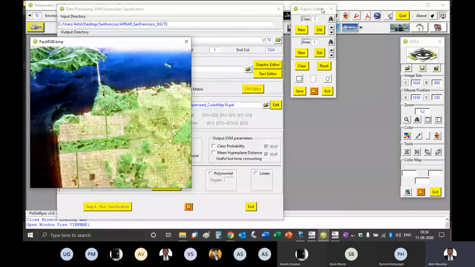So let me define 3 classes here. One is water body, then settlements, and then we have some mountain area. Okay, and take this. So this is 1, 2, 3, 4. Since the water body is huge, you should take more samples because that class is big enough. So I have taken 7 or 8 sampling points.